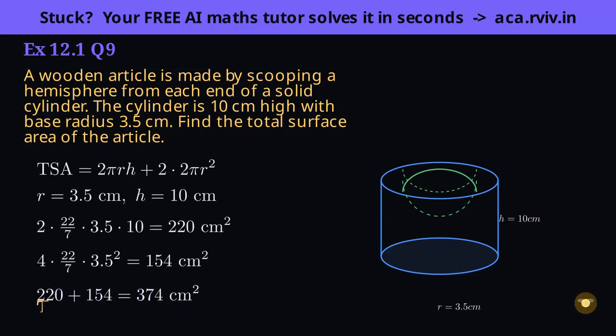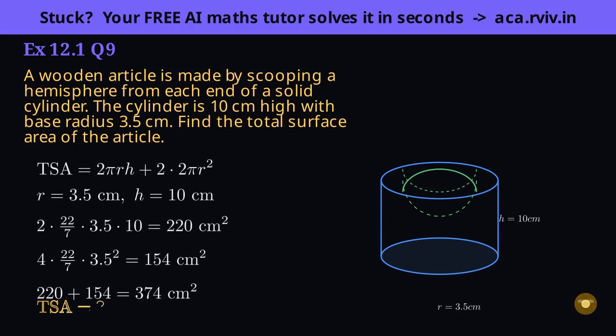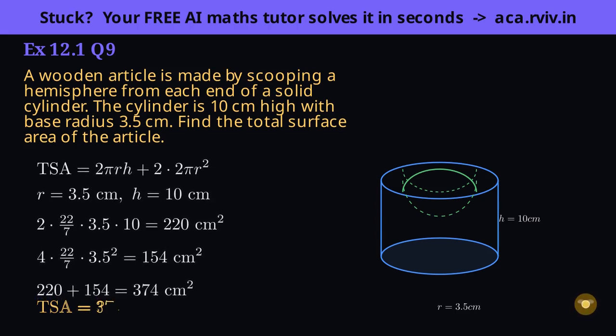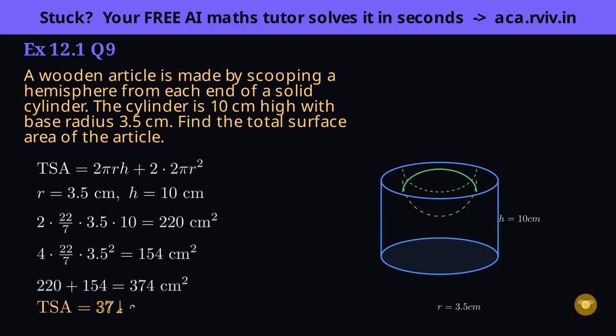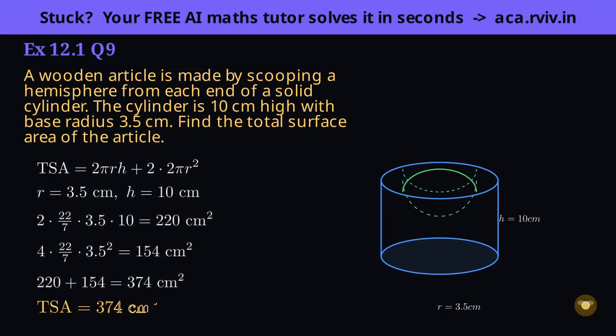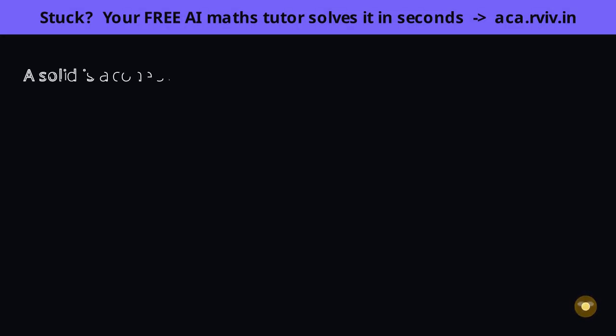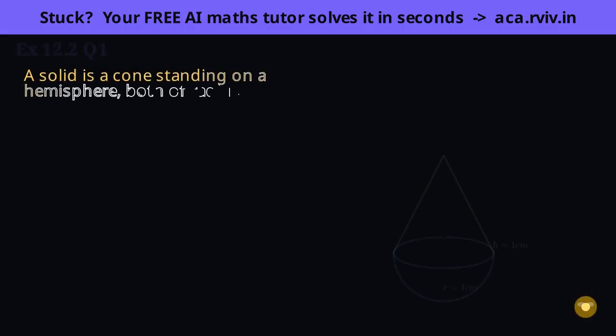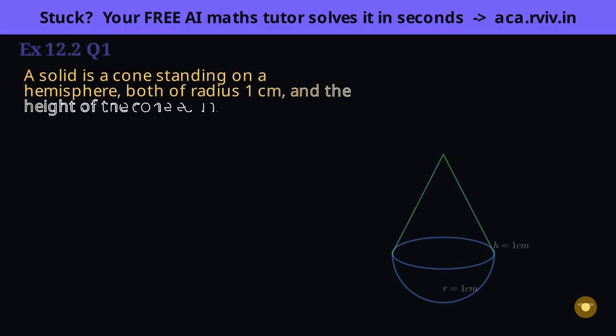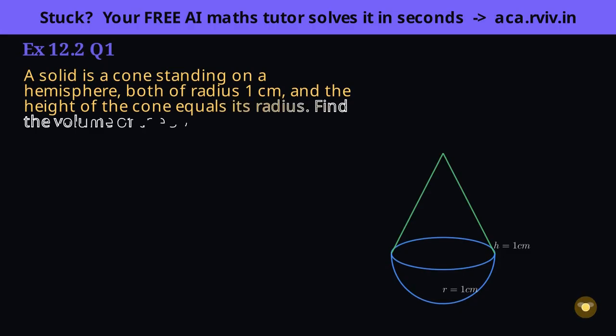The pattern once more. Scooping both ends removes two flat circles and adds two curved hollows, and those two hemispheres act as one full sphere. Whether the half spheres bulge out or cave in, 4 pi r squared captures them both. This one asks for the answer in terms of pi, so we keep pi as a symbol the whole way, and the reward is a beautifully clean multiple of pi.